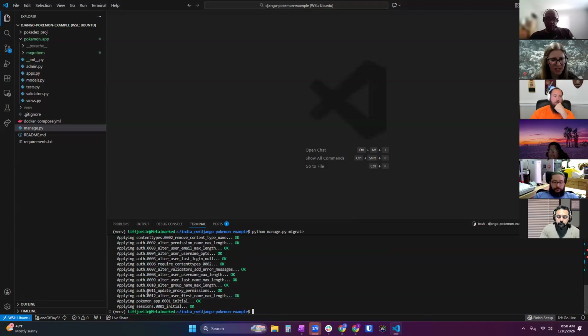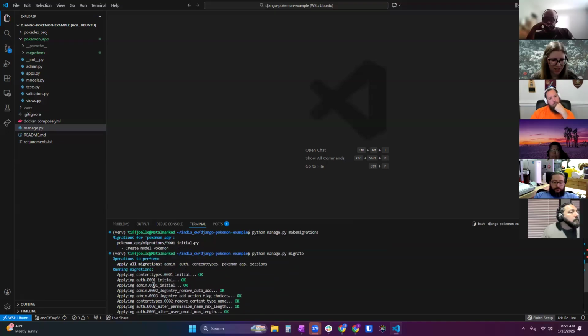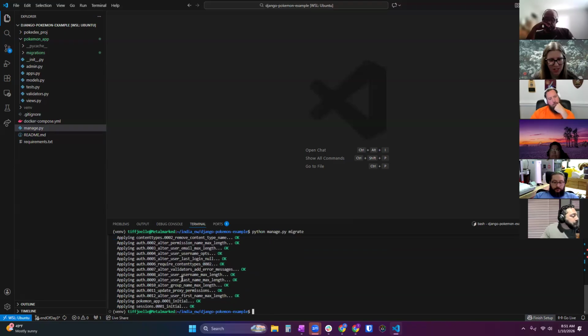These are database tables that are inherent to Django, and we will be using them in future weeks. We will be learning all the built-in authentication within Django, but it just automatically sets those up for you as part of this framework. So pretty awesome. But this is the one we did by creating that Pokemon model, this Pokemon app.